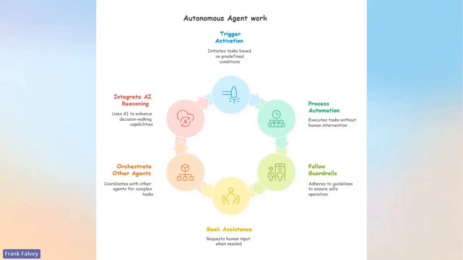I'll show you the kind of triggers, right? It works on a kind of circle going around, and it keeps going around until you know. So the first one on the left there, right? Integrated AI reasoning. It uses AI to enhance decision-making capabilities. So the triggers, this one on the top right, it's like somebody sending an email from HR to the IT department to onboard somebody joining the company.